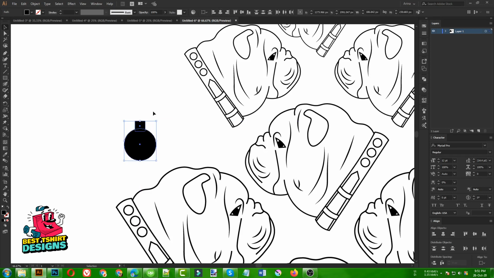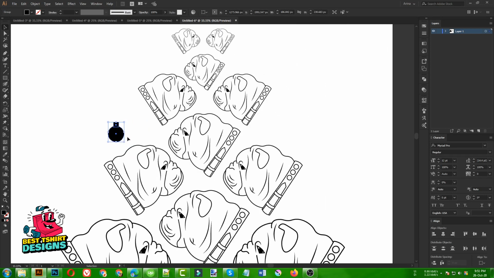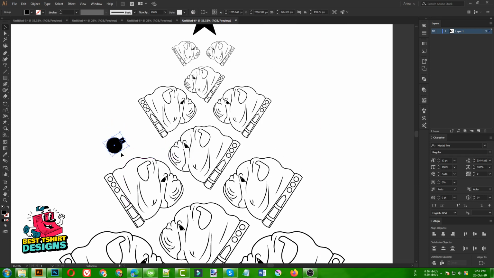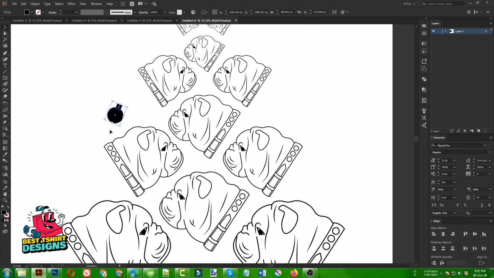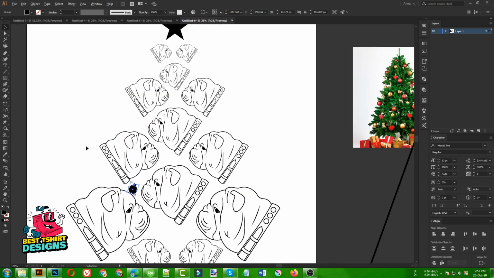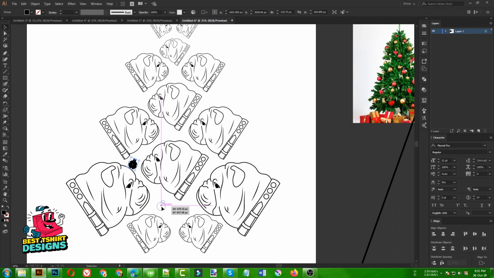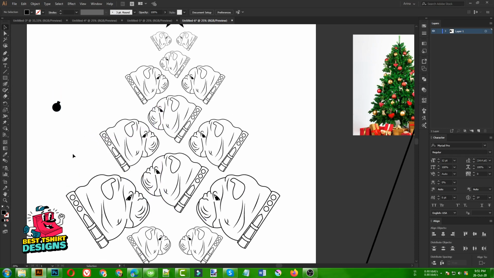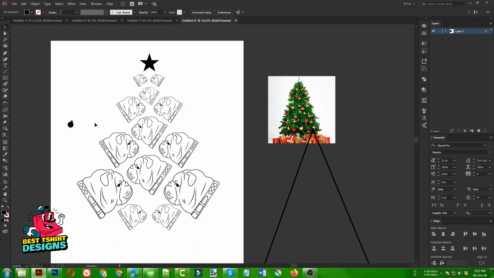Just like this, then align it, group it. So I'm going to use some of them in my design, as I have lots of empty space in my design, so I can fill it with that, or maybe I can do something else, like make a lighting pattern here.